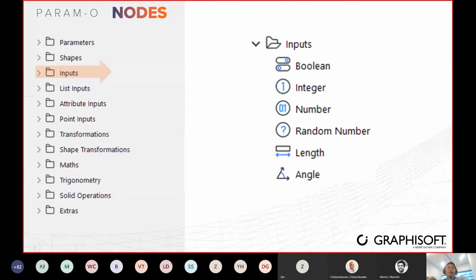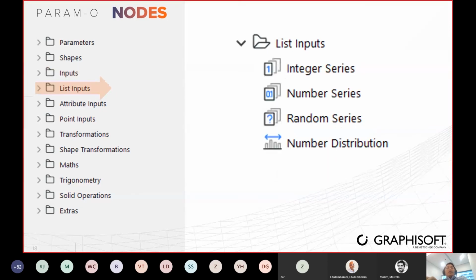Okay, so next one would be inputs. So again, this is very basic, but for those who don't know about inputs, we have this Boolean. Boolean is true or false. So we have a basic integer, number, random number, length, and angle. I think this is very basic to you guys, but again, the next node will be the same as the input,